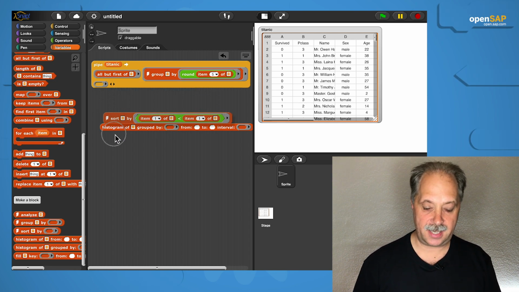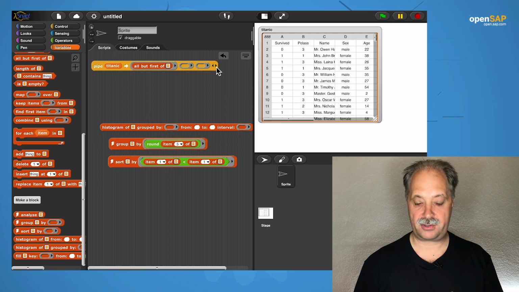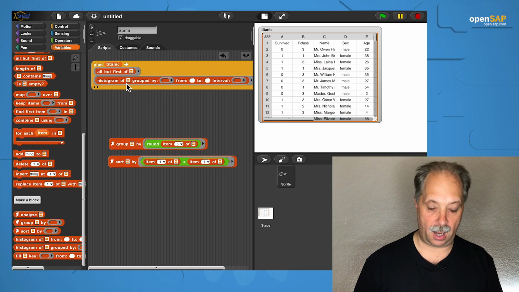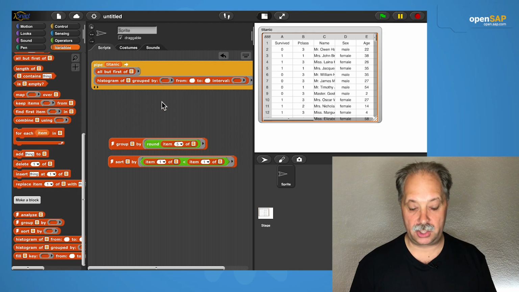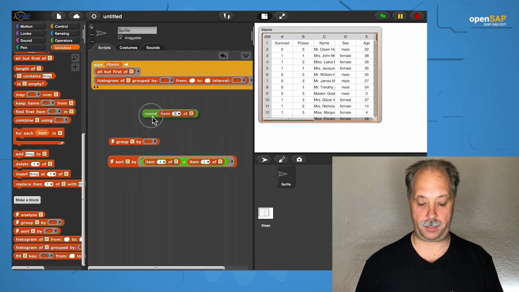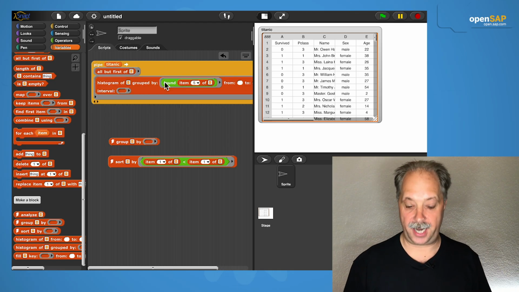Instead of grouping and sorting, the histogram block does all of this in one step. So we take the histogram of all but first of the passengers of the Titanic, and we're grouping them, and we take the same grouping expression that we used in the group block, so we get the full integer ages,